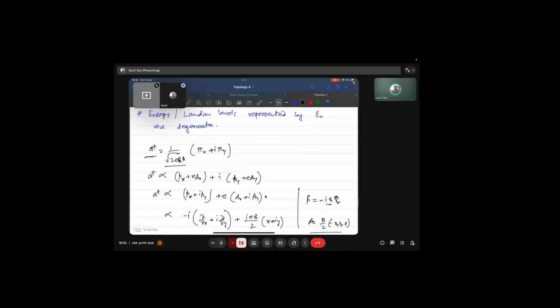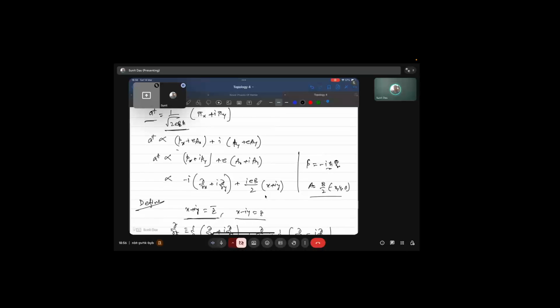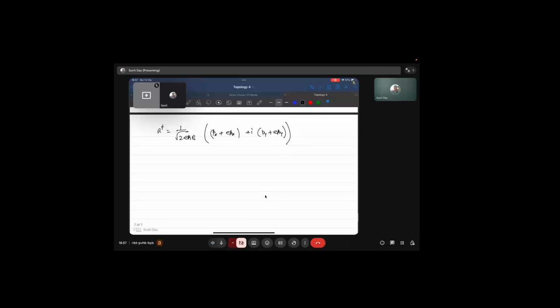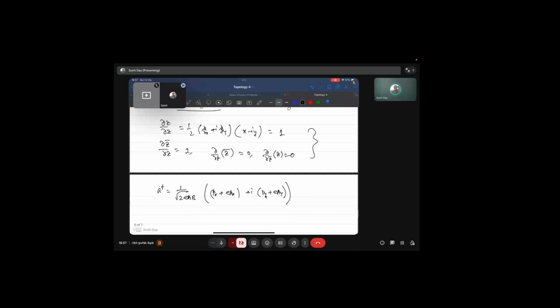This was our initial operator, so what we can write is 1 by root 2 e h bar B, times Px plus eBx plus i Py. Now using these operators,